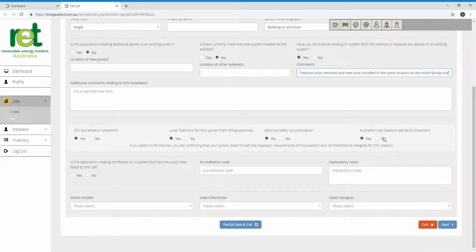Pre-saved declaration information, depending on the type of installation that you're doing, you may need to change these. So you and your installer will need to discuss whether any of these declarations need to be corrected or changed. If by chance your application is actually being resubmitted on behalf of an application that's previously been failed, you'll need to tick this box and get in touch with RET Australia. We'll provide you with some information regarding an accreditation code and some explanatory notes that might need to be written into this section here. If it's not, then simply tick no,